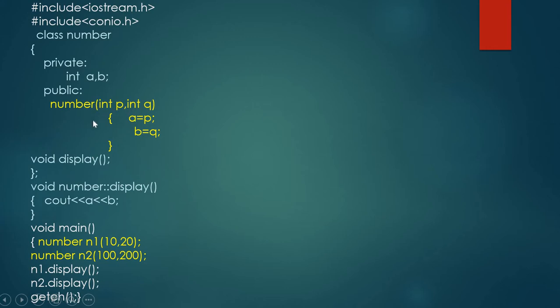So this is a constructor. Here two arguments are there, so this is a parameterized constructor. A and B are the data members. Using this constructor, we are initializing these data members.